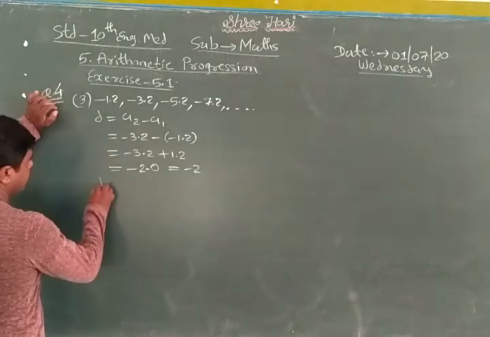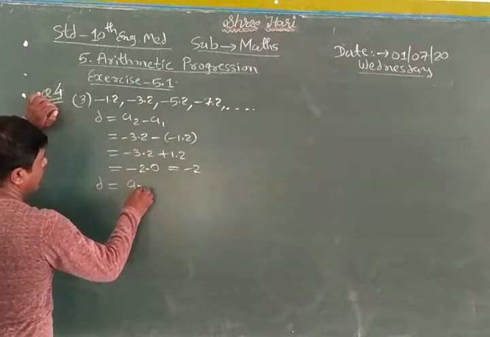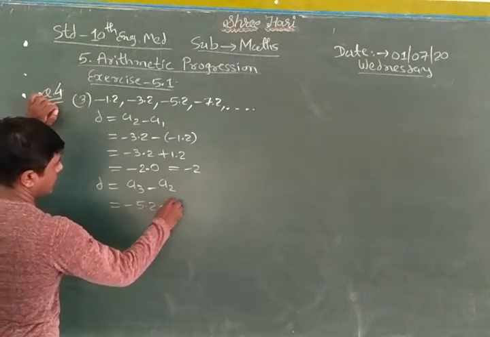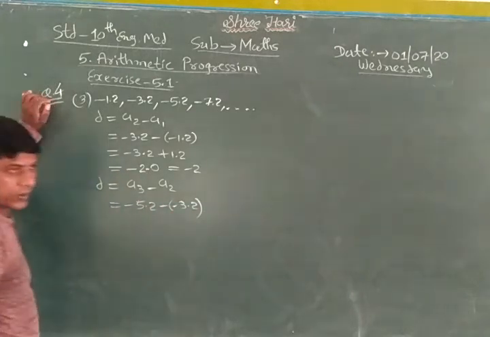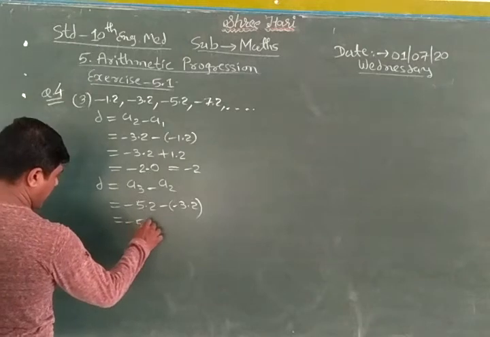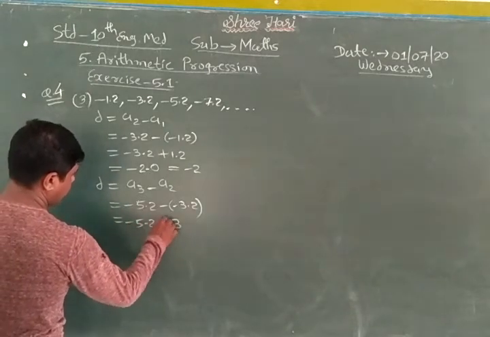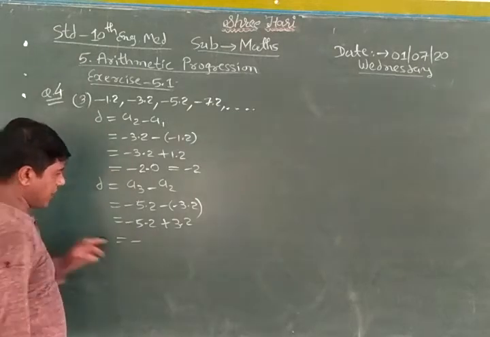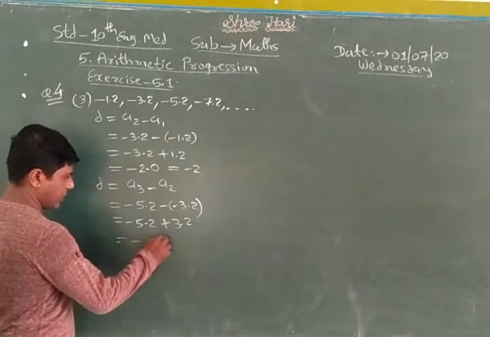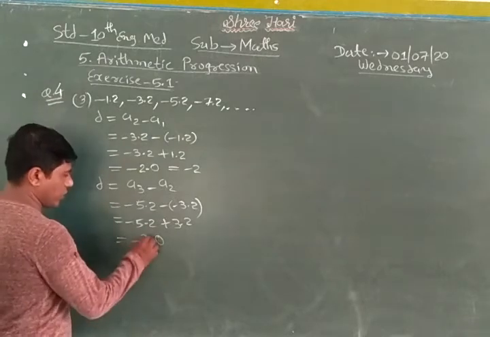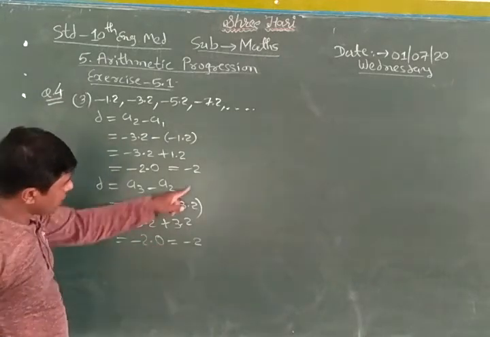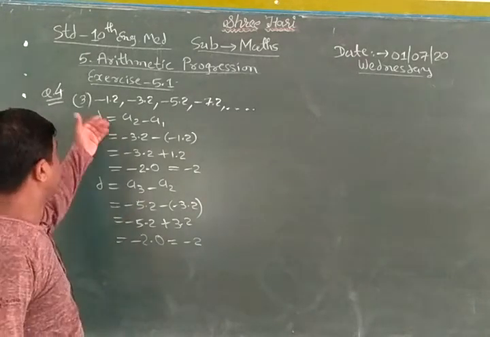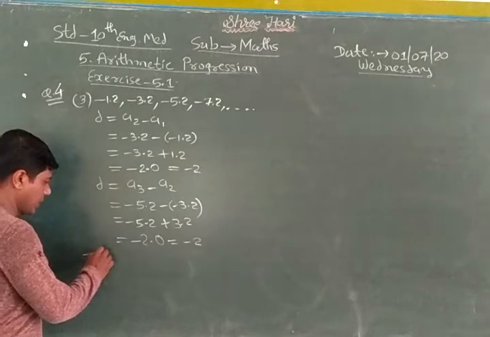Now D is A3 minus A2: minus 5.2 minus minus 3.2. Now minus 5.2 plus 3.2. Plus minus minus, bigger sign, 5 minus 3 is 2.0, it means minus 2. Both common differences are the same, so we can say that this is an arithmetic progression. So we write down, yes,